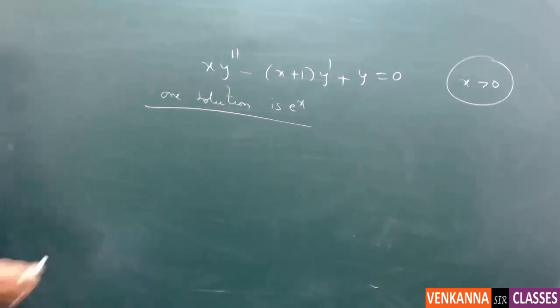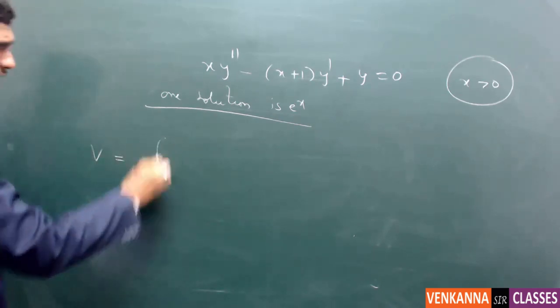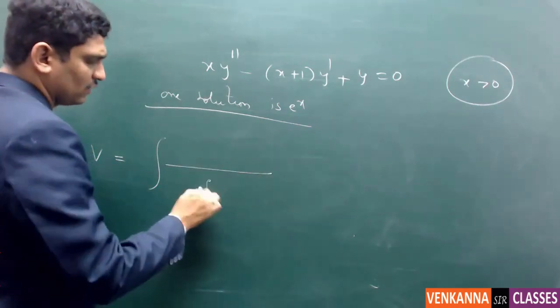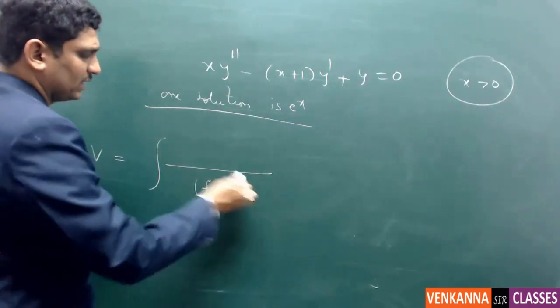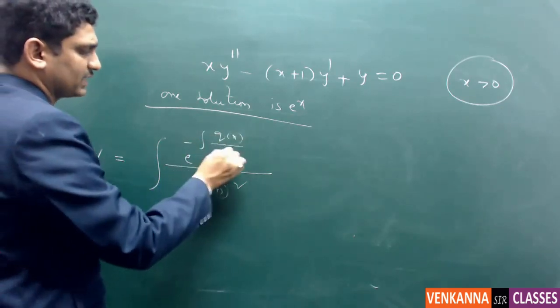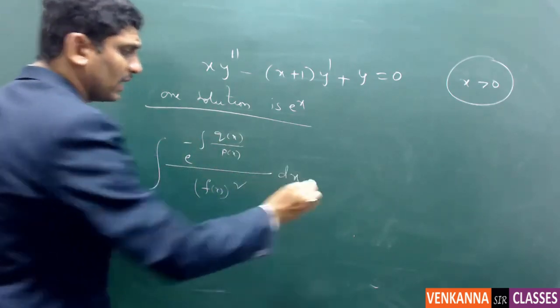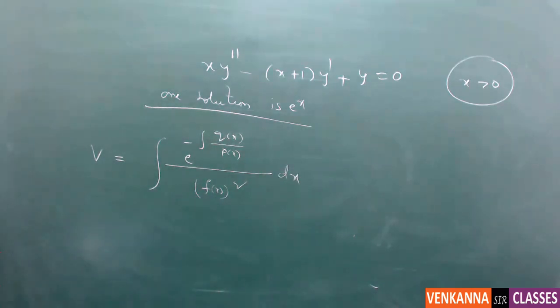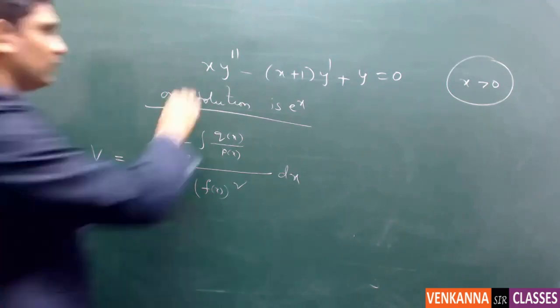So in the formula, I have written that v is equal to integral one function you have, f of x whole square, e power minus integral q of x by p of x dx. Am I correct? The formula which is mentioned there, right? So if you compare that,